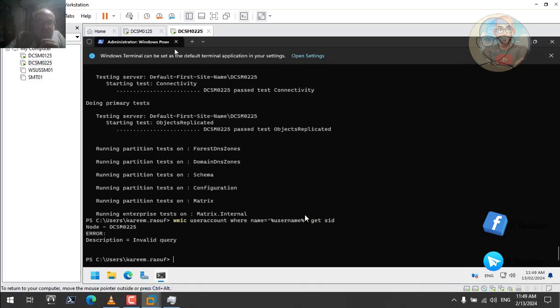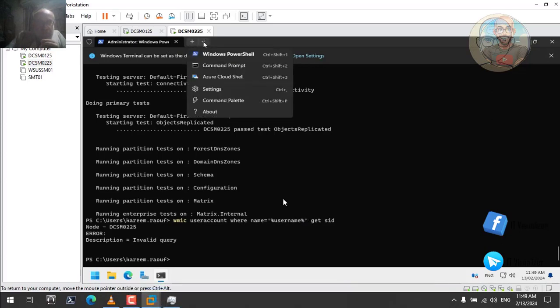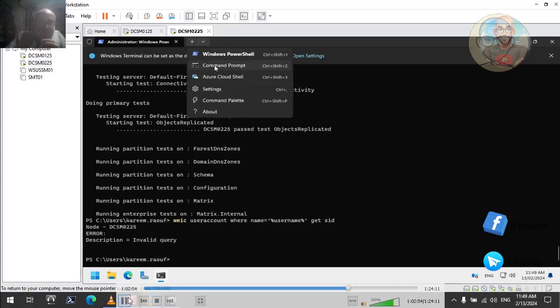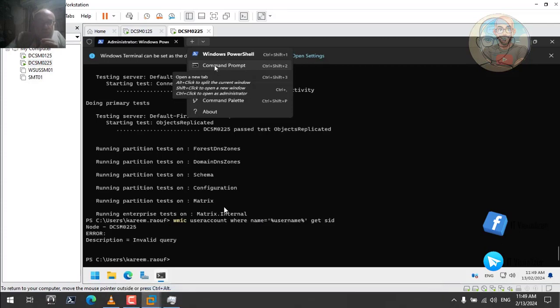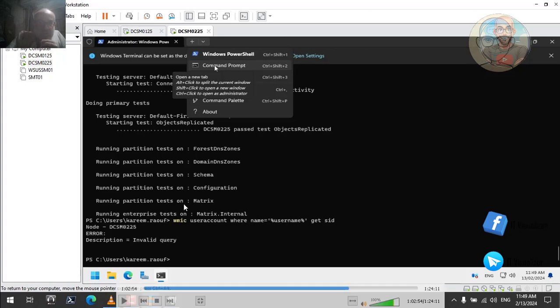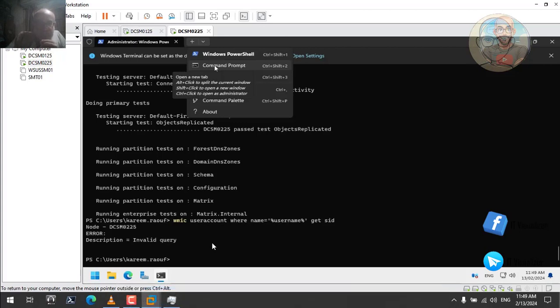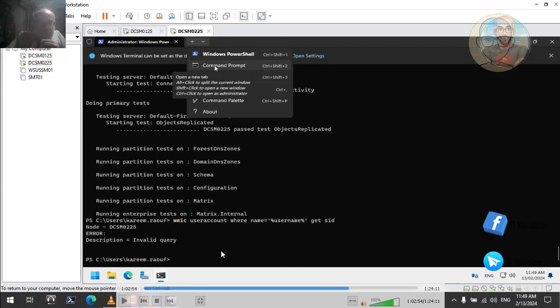There is another way to get the SID of the computer, and I will show you how to do that. Why do we need to know the SID of a computer or a user? This will help you to uniquely identify a user and a computer. Or if you are making images and doing a sysprep, you need to make sure that the SID of the computer is changed after you run sysprep. So this command will help you know if the SID has changed or not. This is for the user, and we will see if this works for the computer. Again, you need to run the command prompt with administrative